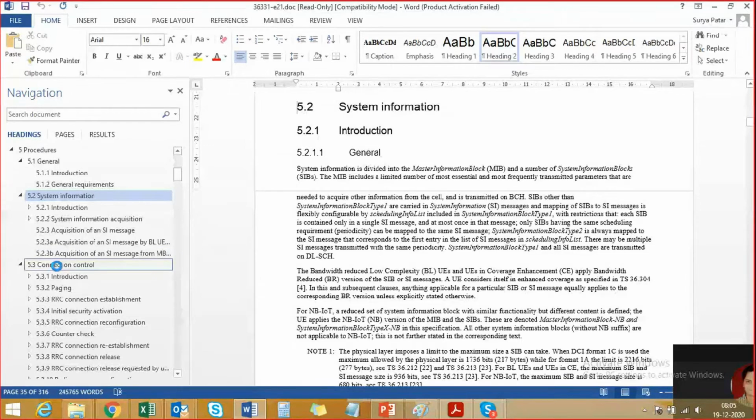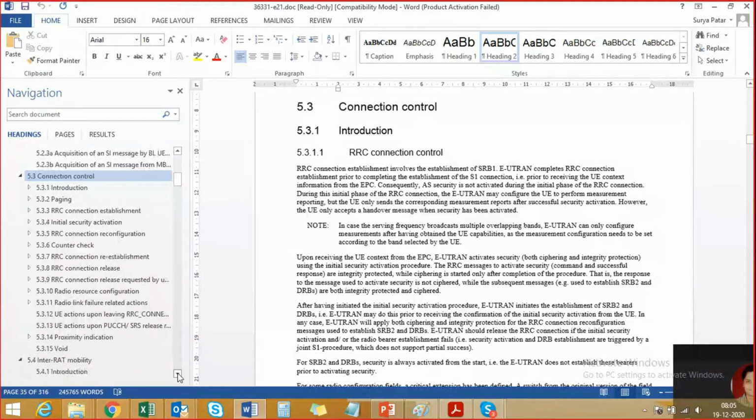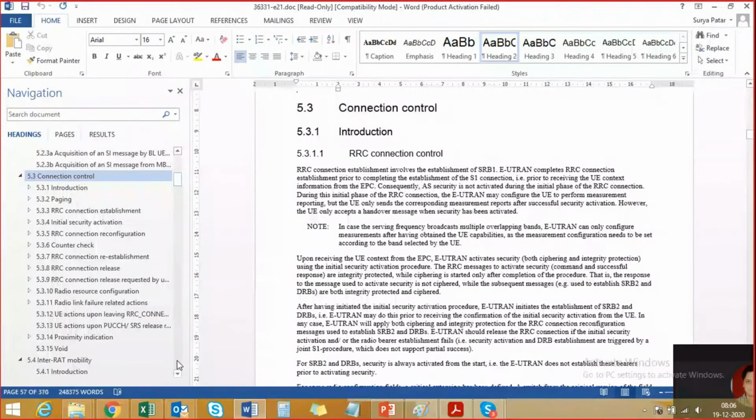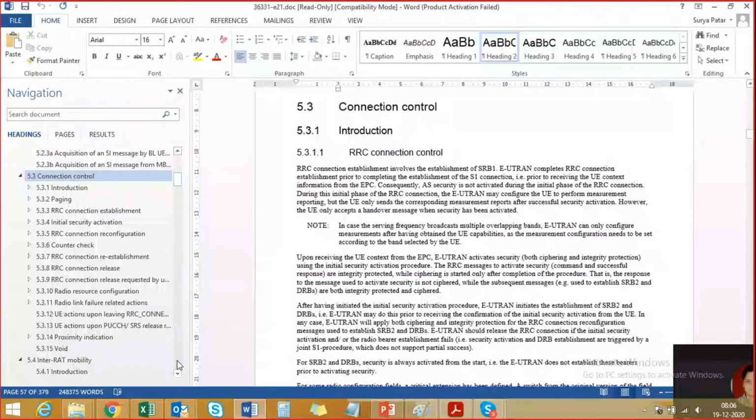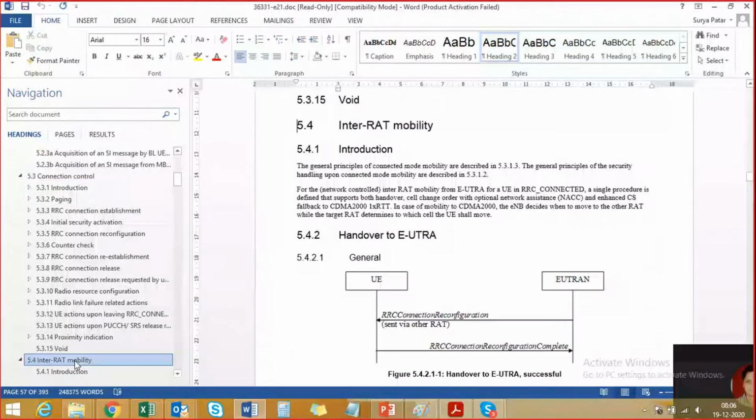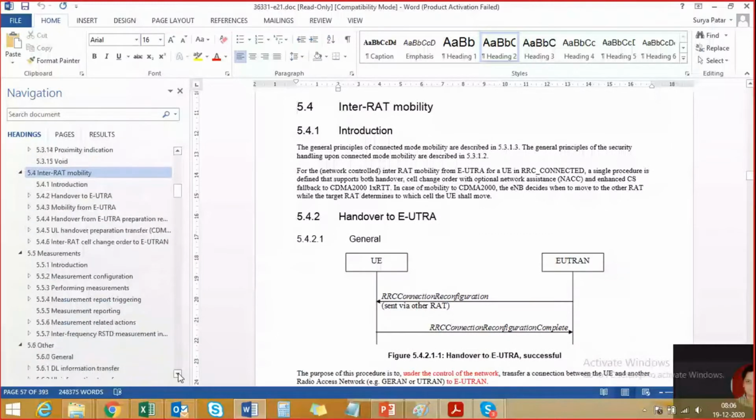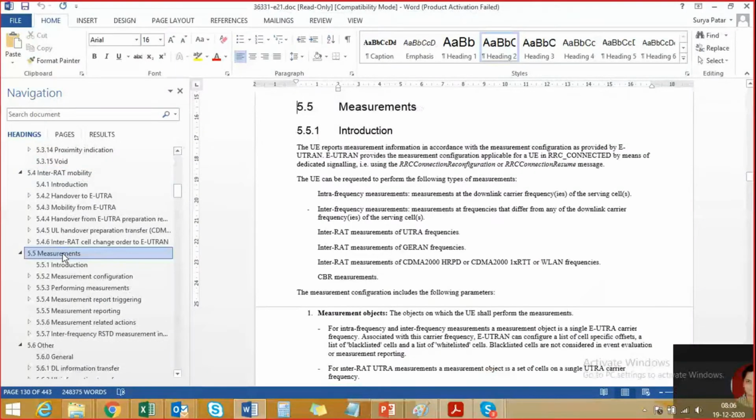Most of what we are talking about here is connection establishment and the duration of the connection until the release. So your connection establishment and configurations and everything, this will tell you when is what. Then it's also about handover, so you have mobility, inter-RAT mobility, intra-RAT mobility, and all the procedures. It will tell you about measurements, how to configure the measurements and how to get the measurements, and based on that, how to decide what to do about mobility, right?